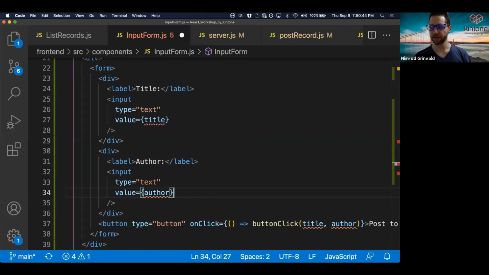Well, the way that we want React to handle this is we want to create a state for the title and we want to create a state for the author. So then we've got React handling whatever the values are in those two input elements. There are lots of reasons why you might want to do this in React. For our purposes, it's pretty simple, but